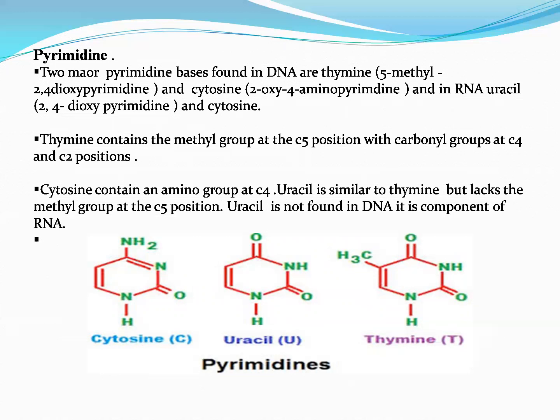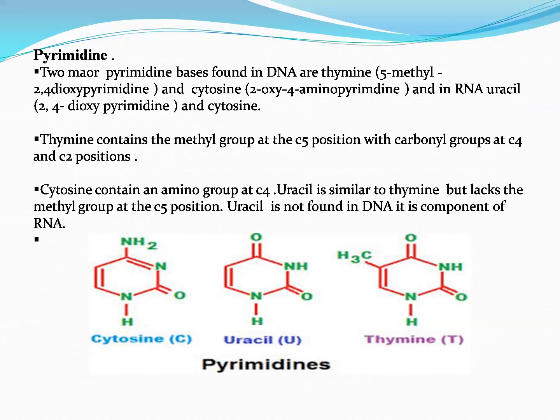Thymine is also called 5-methyl-2,4-dioxypyrimidine. Okay, this is the thymine structure. Here we can start the counting from the nitrogen on the lower side, and we will count in the anti-clockwise direction. This is the first, and this is the second. In the second and fourth positions there is the oxygen group, which means the carbonyl group. Thymine is called 5-methyl 2,4-dioxypyrimidine because at the fifth place of the thymine a methyl group is present. And here we can see the structure of the cytosine